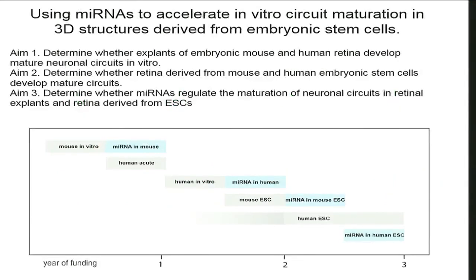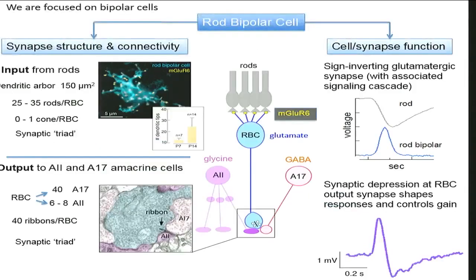elegans pathway. So our idea was to see whether this pathway, this heterochronic pathway, which is still present post-embryonic development and into the phases of synapse formation, plays a role in the further maturation of these neurons and their synaptogenesis. And so that's what we've started out to do. First, we're characterizing normal mouse in vitro, and then moving on to human in vitro, and then ultimately the ES cells and manipulations of the microRNAs.